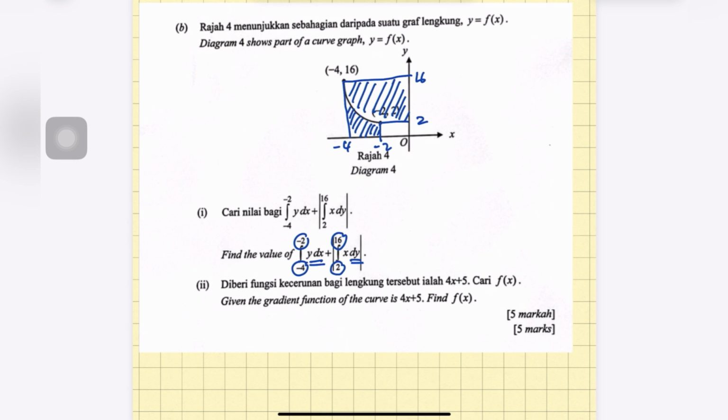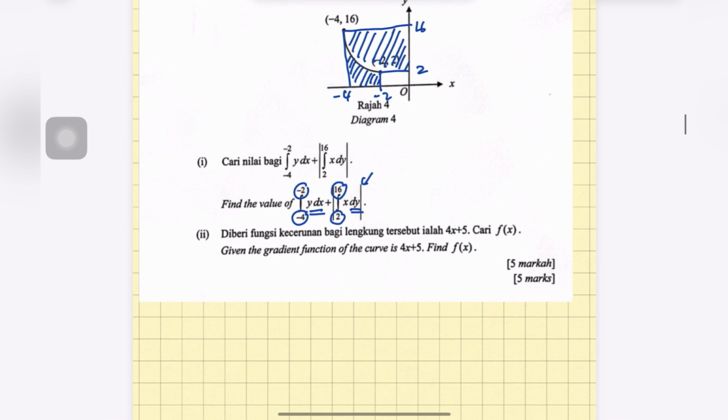Okay, why is it modulus? Because we have to know that for the left of y, its value is negative. But it wants the positive. So it means we have to find the area, right? Okay, so to find Roman 1, to find -4, -2 of y dx plus modulus of 2 to 16 of x dy. Okay, so actually